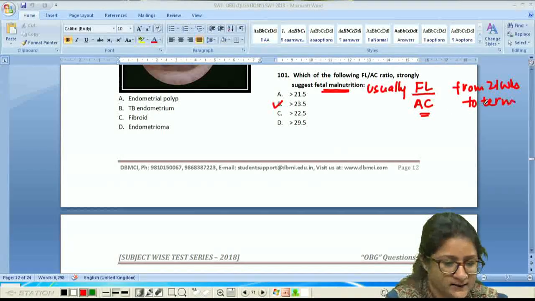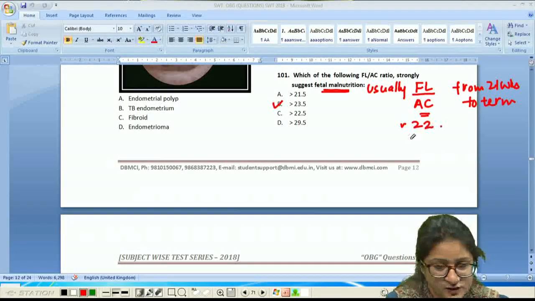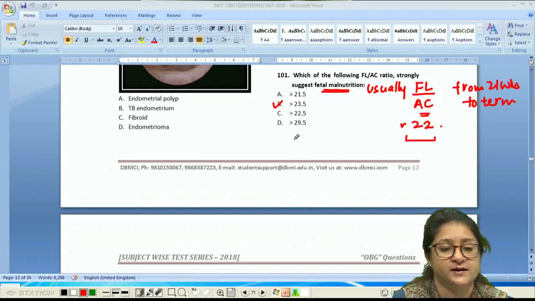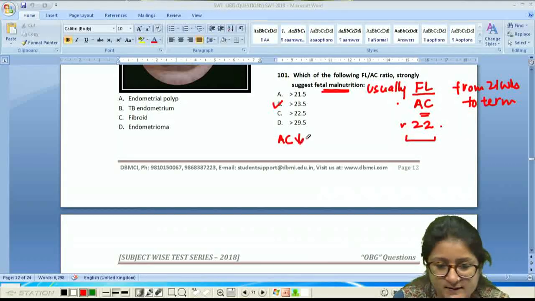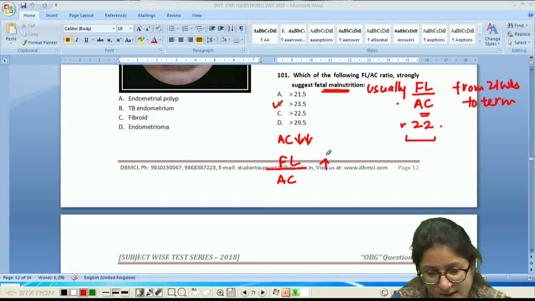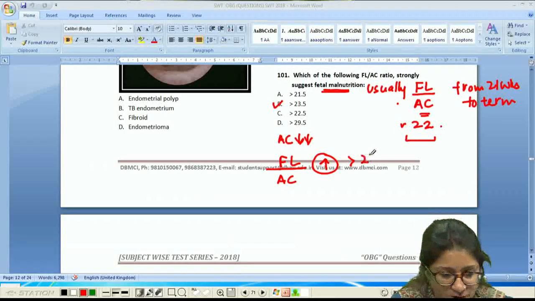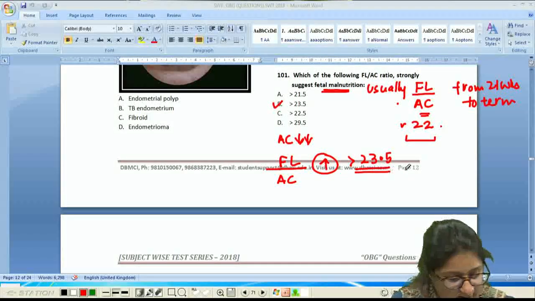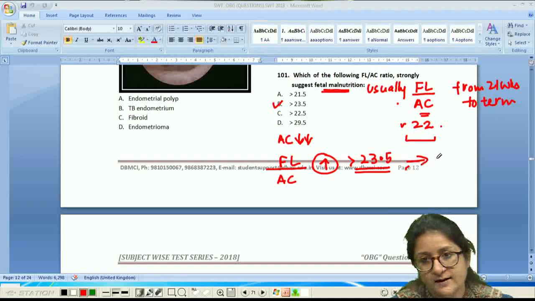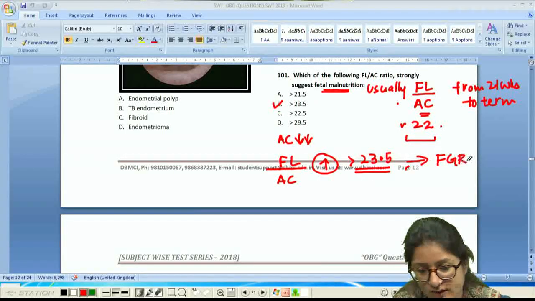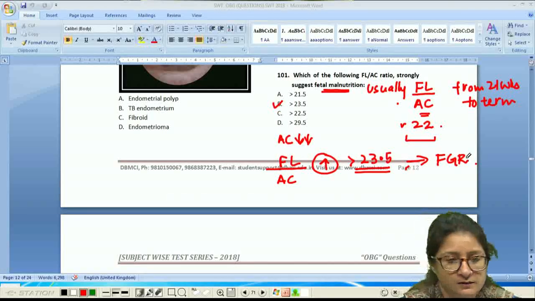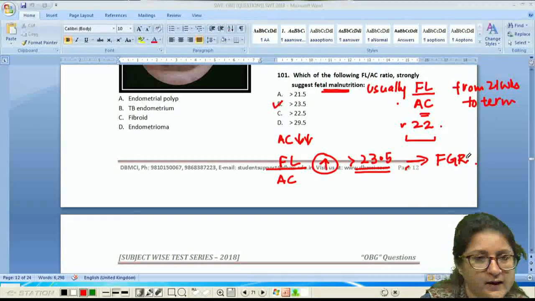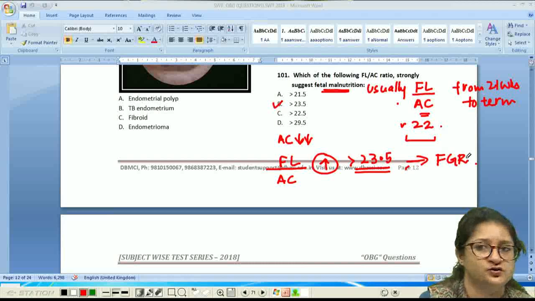This ratio is around 22 and it is usually constant. With fetal malnutrition, abdominal circumference decreases. When abdominal circumference decreases, the FL to AC ratio is going to increase, and when it is beyond 23.5, it signifies fetal growth restriction. Right now, I just want to discuss the very important obstetric aspects of fetal growth restriction,